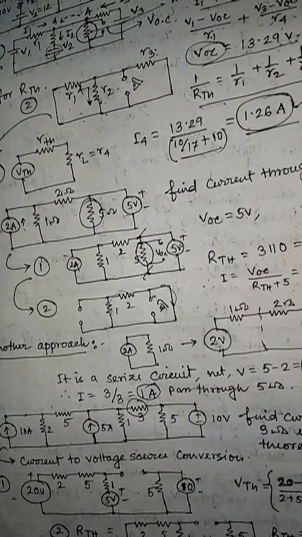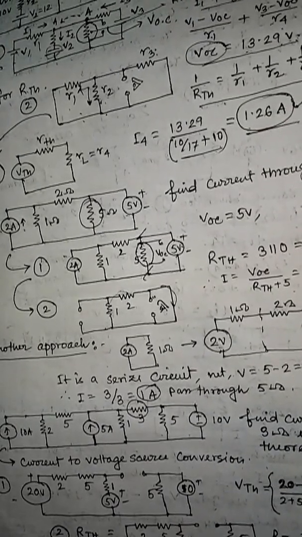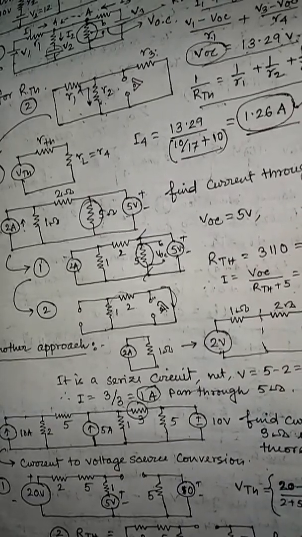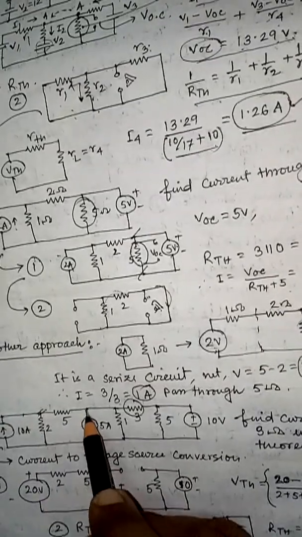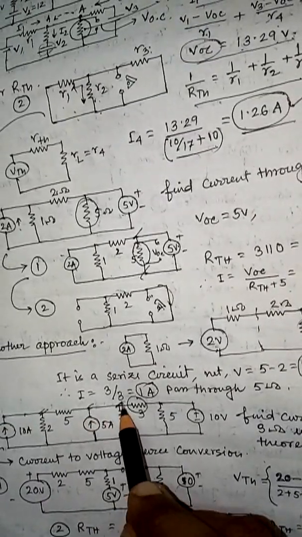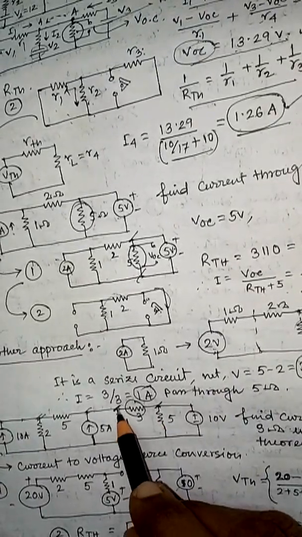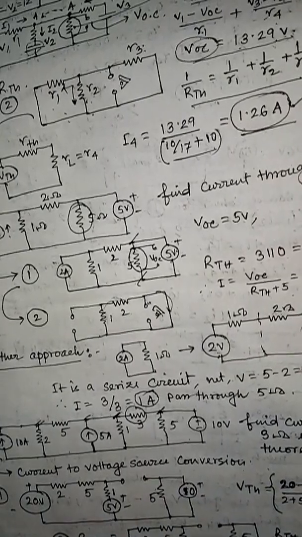It is not necessary that you always use Thevenin's theorem. You can do some KVL and KCL application also. So you have to find out the entire branch current, then find out the consecutive drops of this, and finally get this particular voltage difference, here it is 10 volt obviously, and this particular drop. If you subtract them and divide by 3, you will get the final answer.